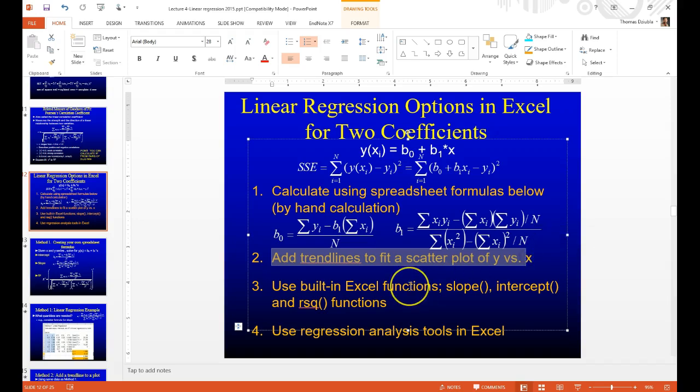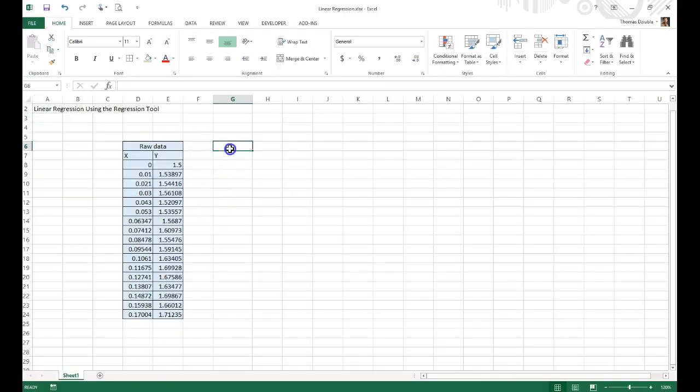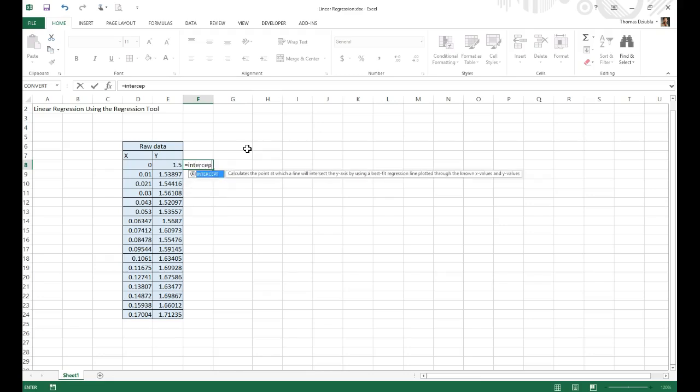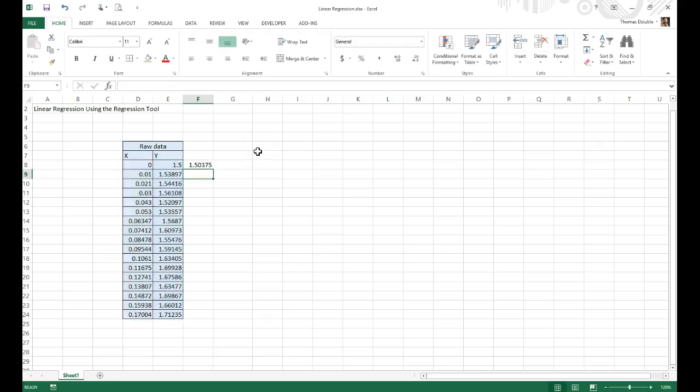We've also already covered how to do trend lines to do this, and there are also built-in functions within Excel. You can find the slope, intercept, and the R-squared value through simple functions in Excel. And I'll just show that here for the sake of completeness. This is using the same data set as in my R-squared video, but we can say intercept, and you enter in all the known y's, and you enter in all the known x's as described in the requirements. Hit enter and you get the intercept, and you can do slope,